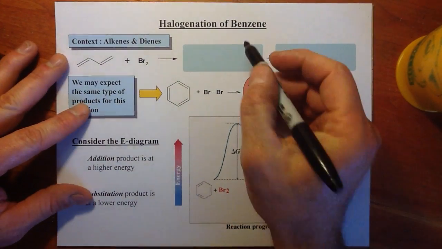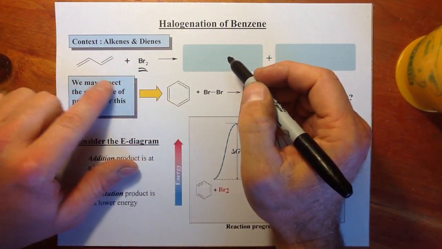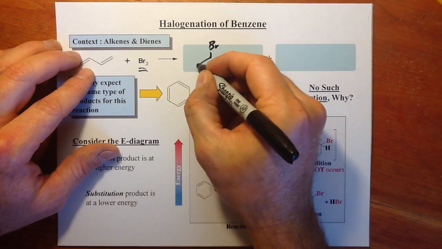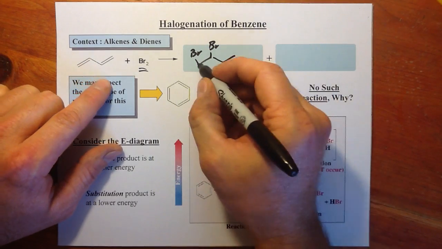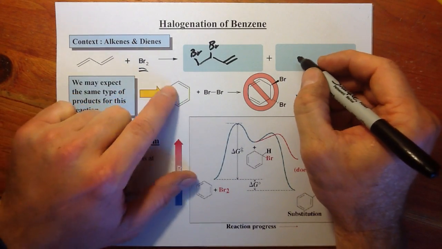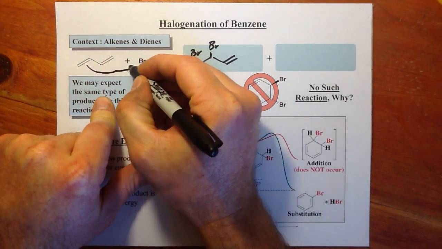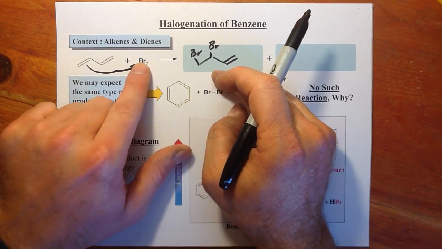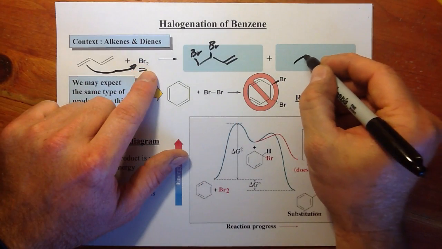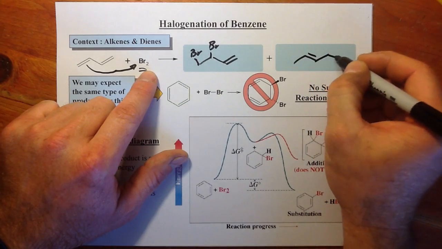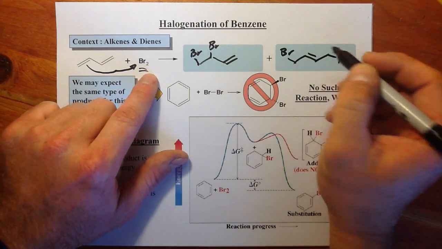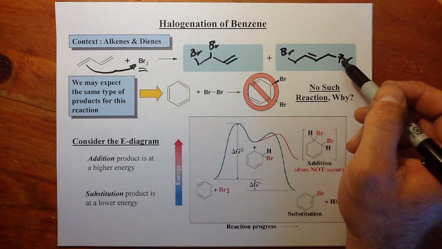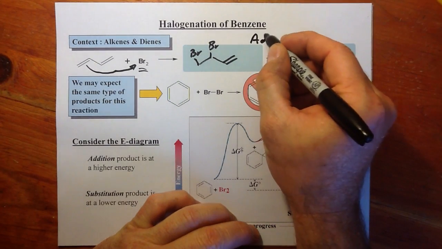Well, first of all, halogenation of benzene will not occur just by adding Br2, much like what we can do with dienes. In the case of a diene, where we don't have aromaticity, we can have what's called the 1,2 addition of bromine across the pi bond, where the pi electrons attack, and then the other bromine comes in and finishes the reaction. We can have that attack start this way. Or we can have the 1,4 addition, where we make the same bromonium ion and in the second step the bromine attacks at a conjugate position. So we can have these addition reactions